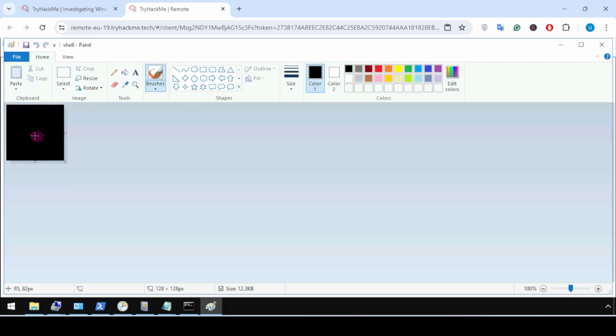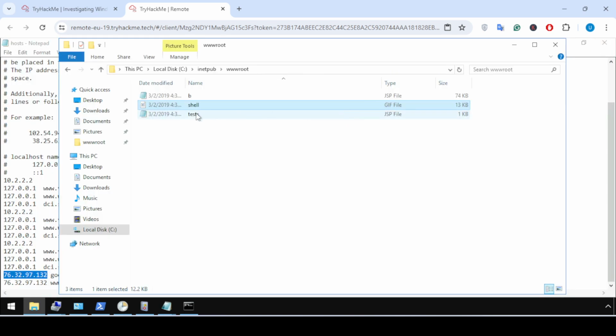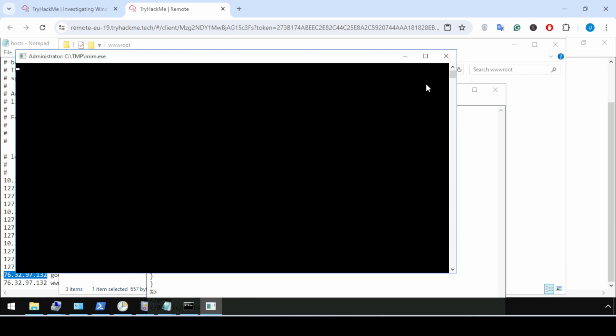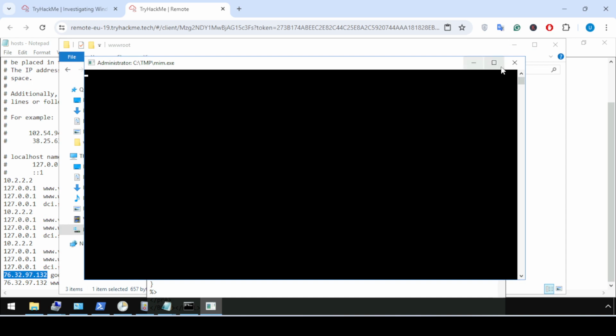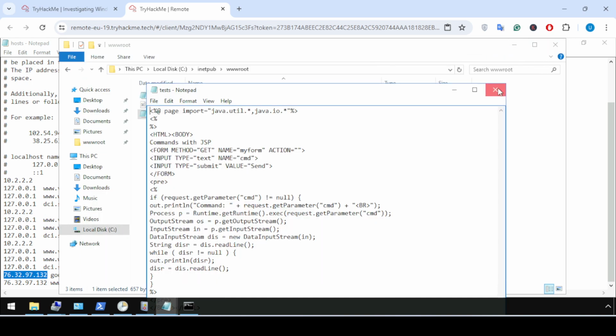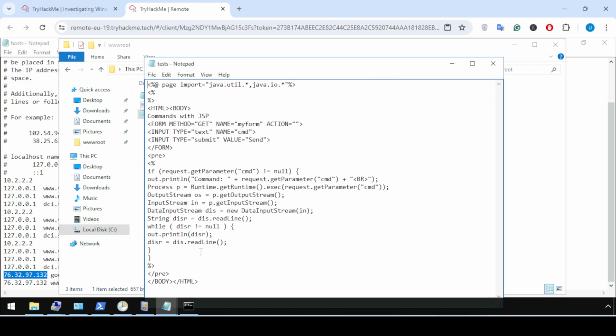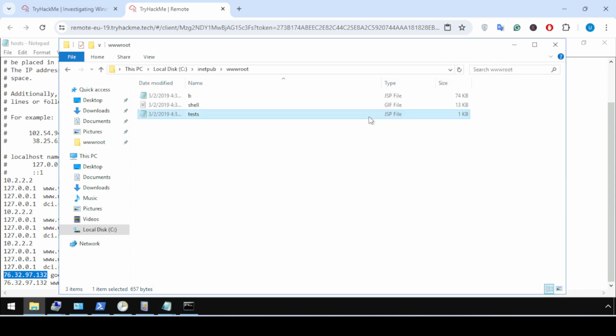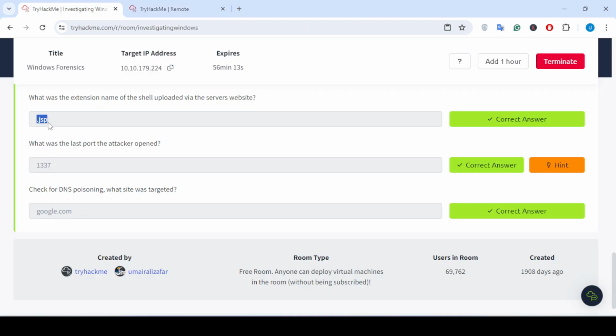But if we click on shell, nothing important. Images are present which are present in pend. But if we click on shell, see, a full shell is present, and by clicking on it again, this window is present. It means this is a malicious file, that is test. When I click on it, a document is present and all the content of this document is here. So the answer of this question is .jsp.